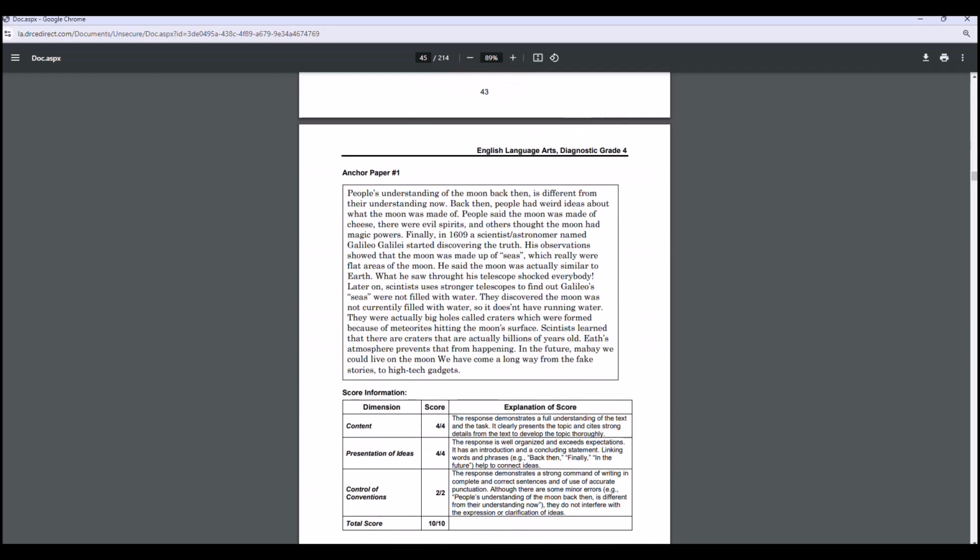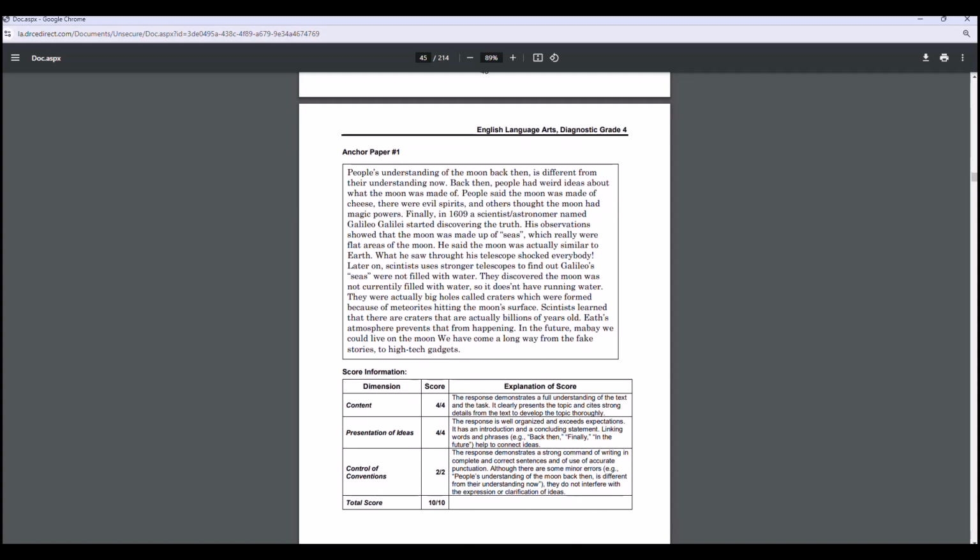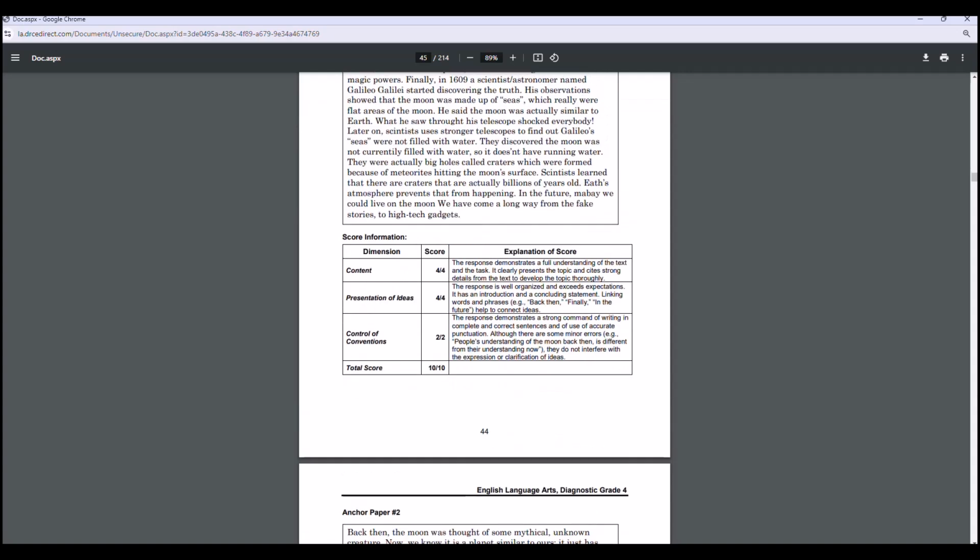And these, by the way, were actual student responses. A few years ago, the state, LDOE, asked several districts to submit student responses, and those are the student responses. Those are actual student responses. And so, given this anchor set right here, a teacher needs to look at this anchor set, and it's a